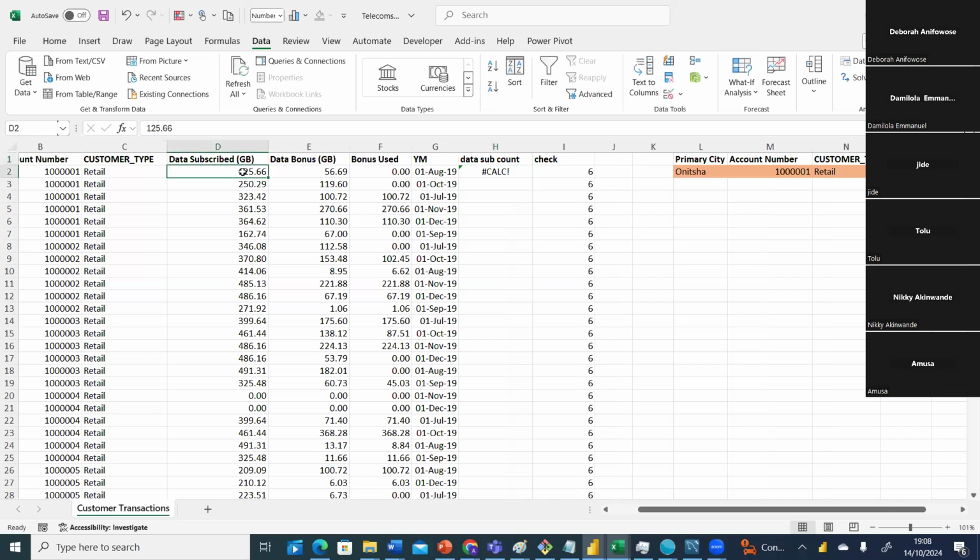any value here, equals to if any value here is greater than 0, then that means assign it a value 1, then if not, name it 0. So if you want to do it this way,